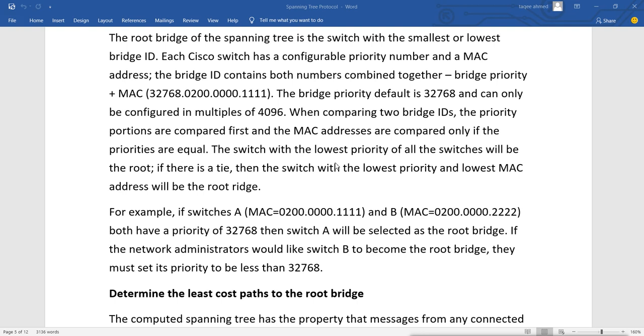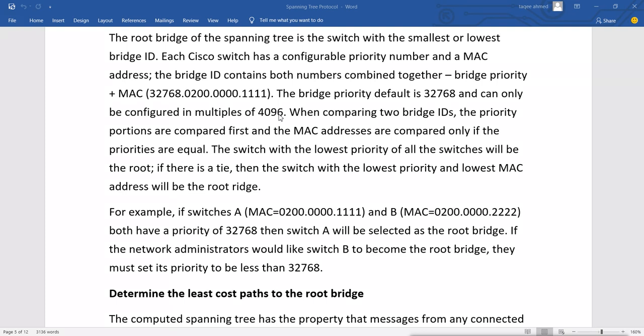We can change the bridge priority value from the default, and it is configured in multiples of 4096. That means 4096, then multiplied, it becomes 8192, then you multiply again by 4096, and so it goes on like this.